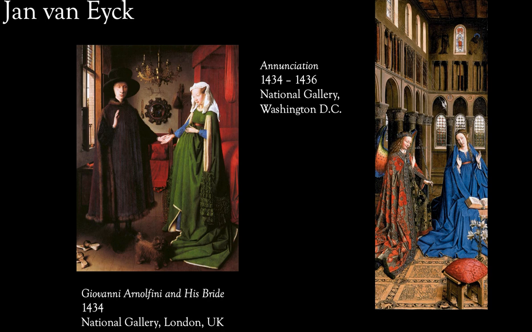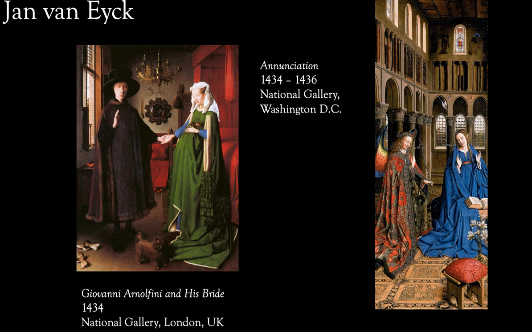I have an example of each of those here for you to take a look at. The painting on the left is probably Jan van Eyck's most famous work. It's called Giovanni Arnolfini and His Bride. This is an oil painting on a wooden panel, currently located in the National Gallery of London. And this is a good example of precise portraiture. You can see that the humans do not have the same level of realism or even idealism that we might see in the Italian Renaissance, but they're still fairly accurate, still a lot better than medieval art.